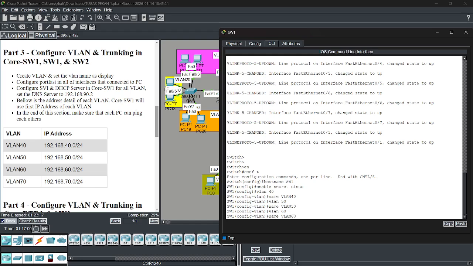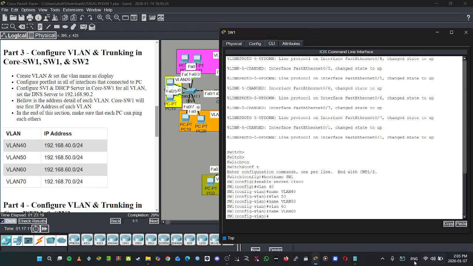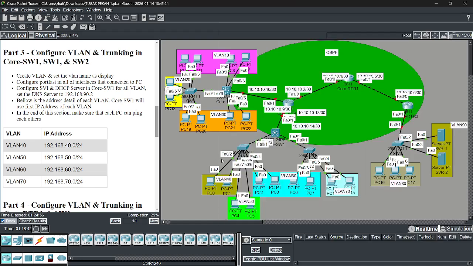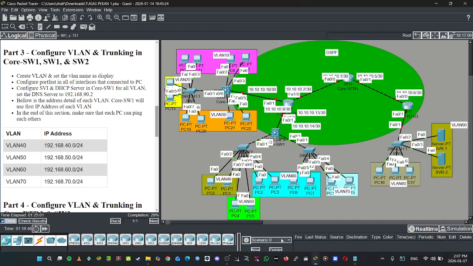Okay. And then we register the ports to the VLANs. Okay.